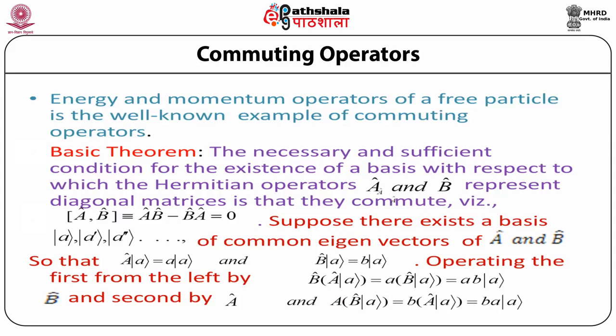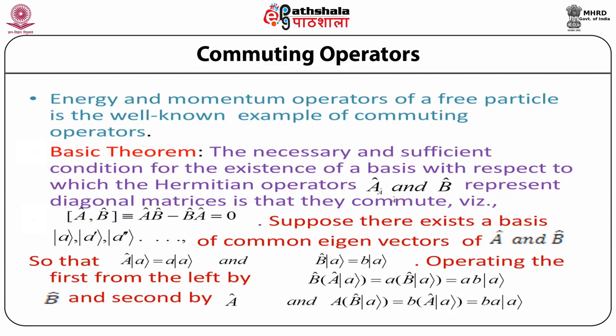Now let us suppose that there exists a basis of ket vectors |a>, |a'>, |a''>, and so on, which is a common basis of the eigenvectors of A and B. That means the above defined basis acts as a common basis for both, so that we can define operator A acting on ket |a> is equal to a times ket |a>, where a is the eigenvalue corresponding to operator A,